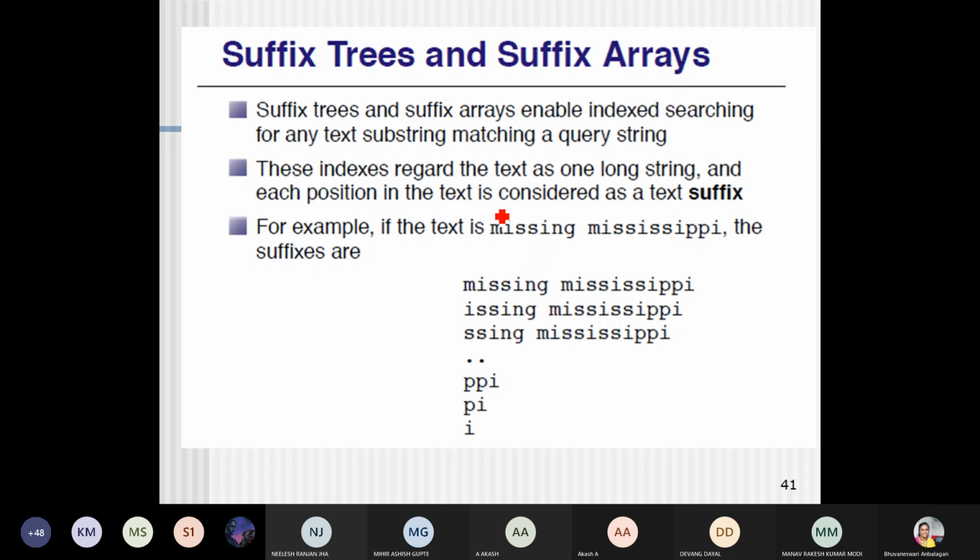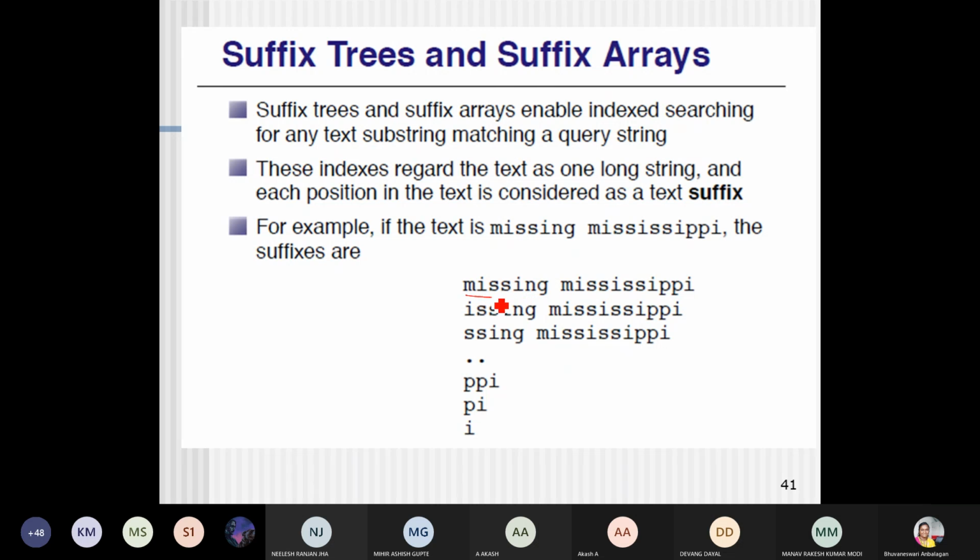Suffix trees and suffix arrays will help you make searching over the indexed data much easier. For that, you create suffixes for the given text data and store them in a suffix tree data structure.